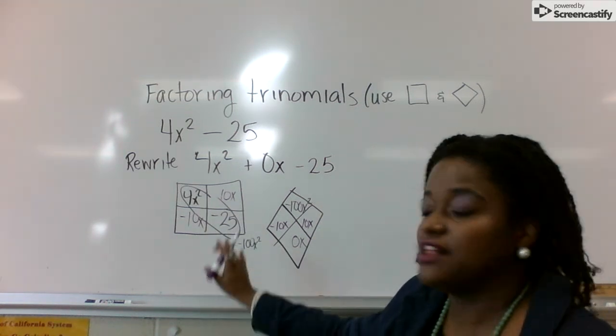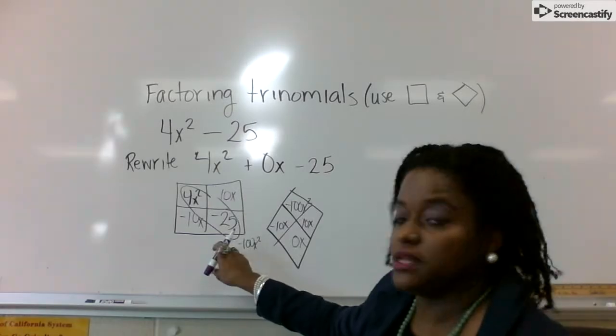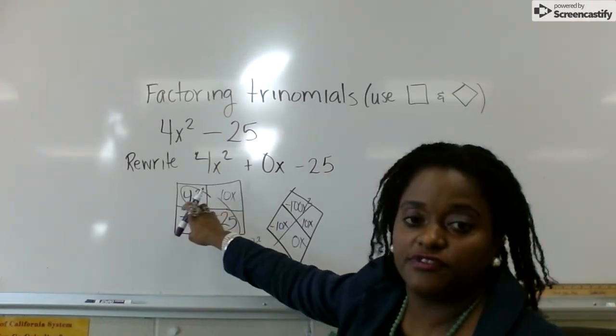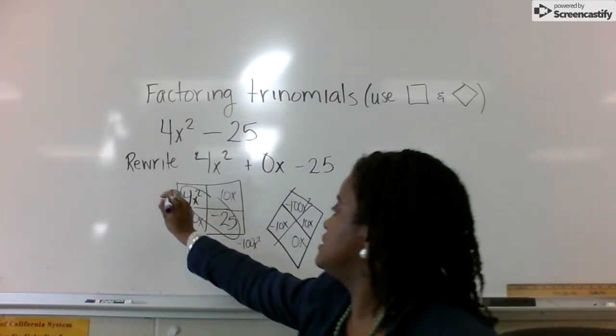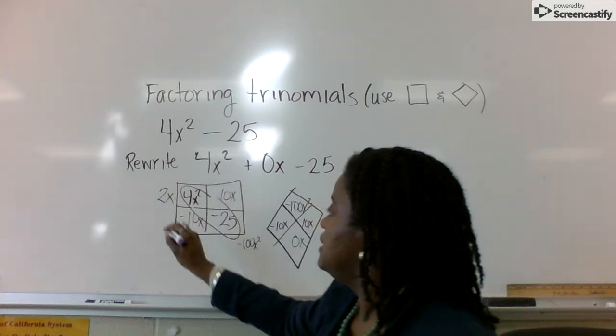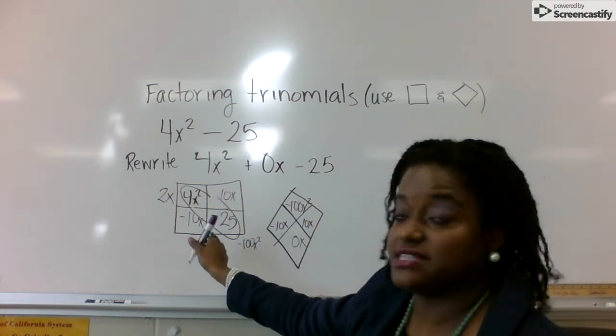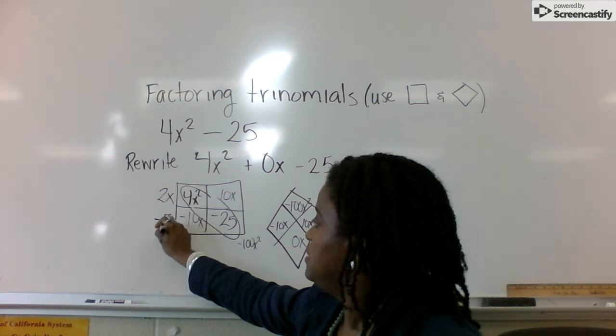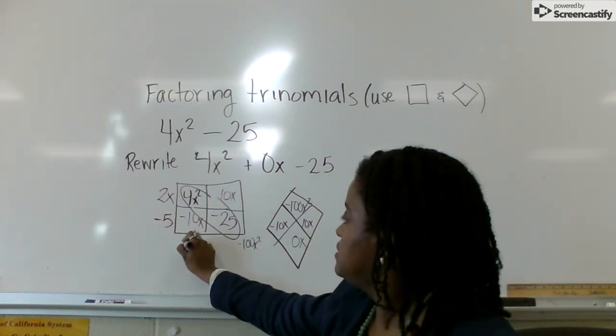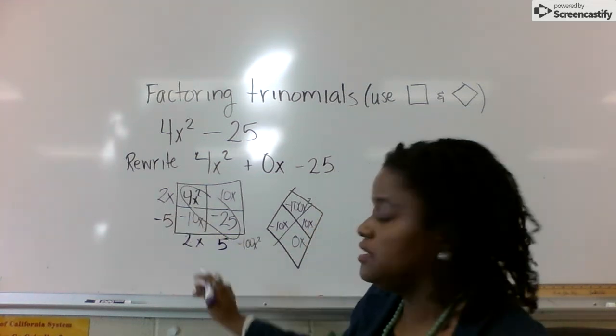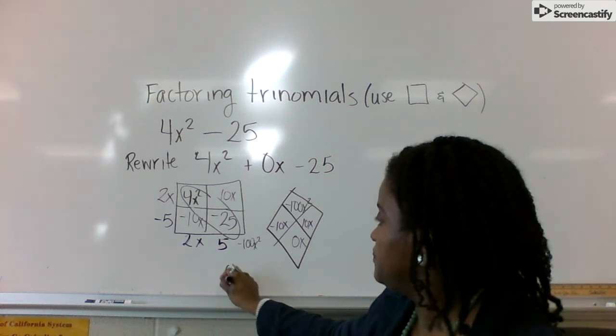Now you need to find length times width. The greatest common factor for 4x squared and 10x is 2x. And the greatest common factor for negative 10x and negative 25 is negative 5. Working backwards. So our factored form